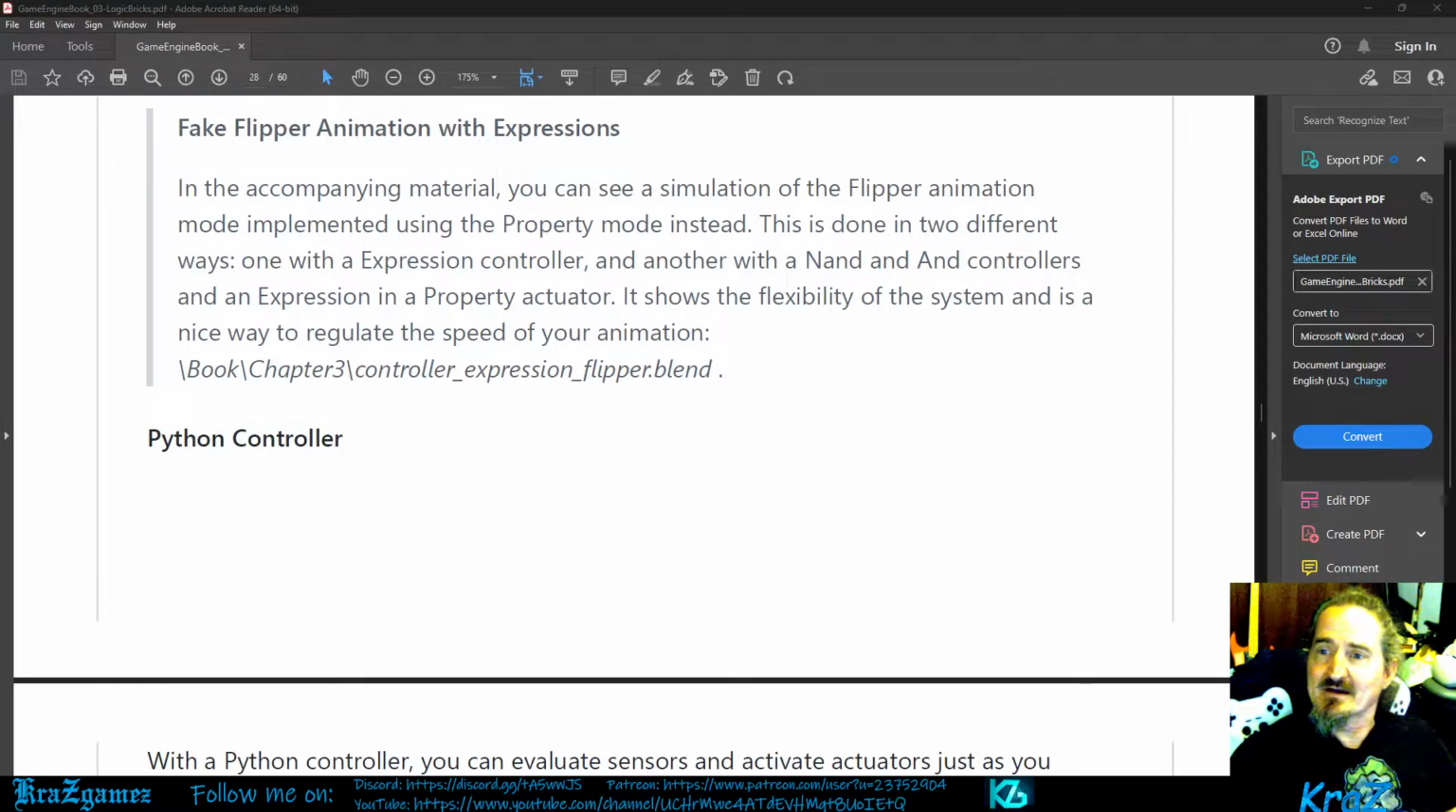Okay, so in the accompanying material, you can see a simulation of the flipper animation mode implemented using the property mode instead. This is done in two different ways: one with an expression controller, and another with NAND and AND controllers, and an expression in a property actuator. It shows the flexibility of the system and is a nice way to regulate the speed